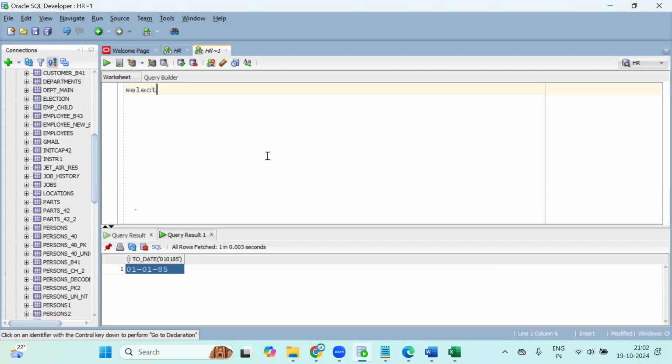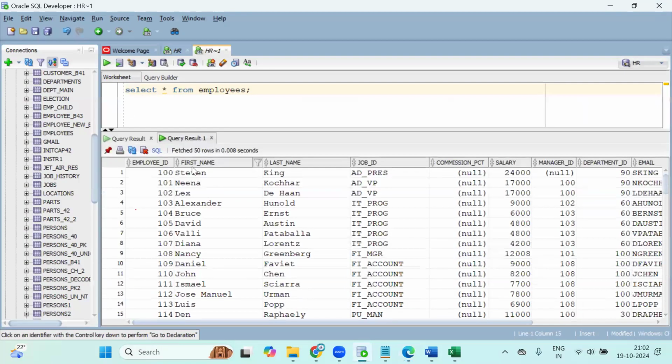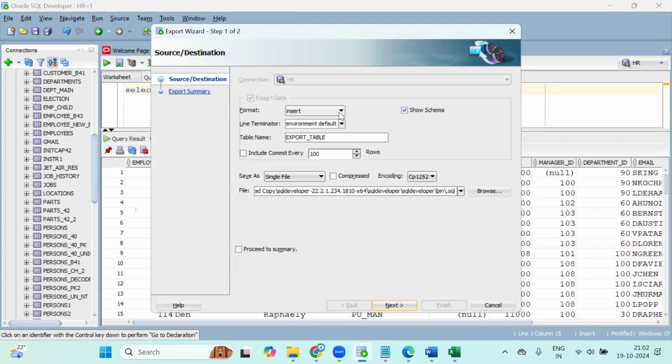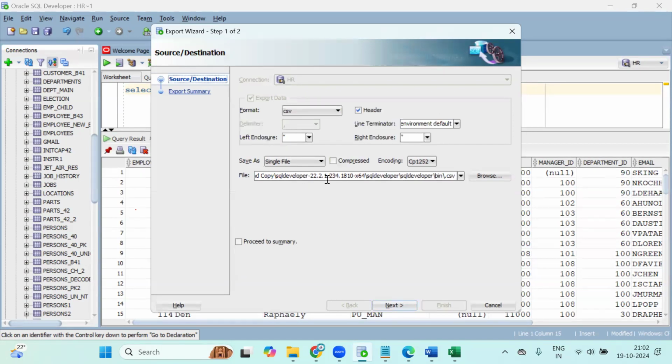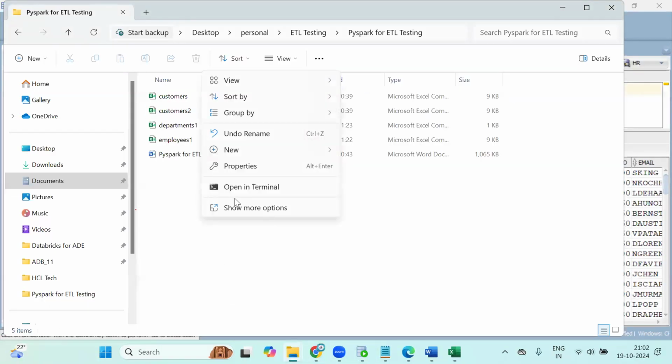Consider that I'm going to import an employees table. Now, if you see here, employees table, how are we going to export? Take all the values and then here you select CSV, and then it will ask you the path where you want to save it. So I'll save it somewhere here,